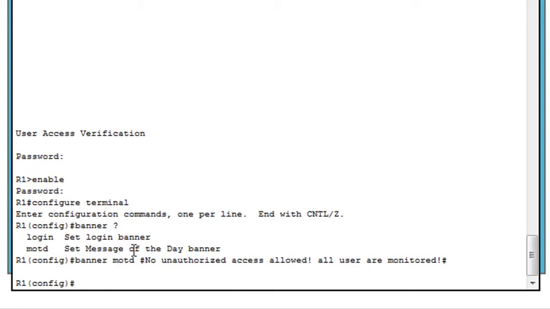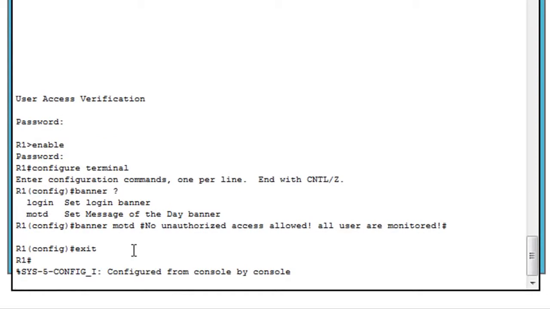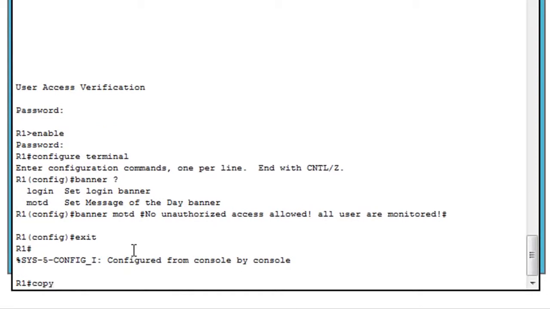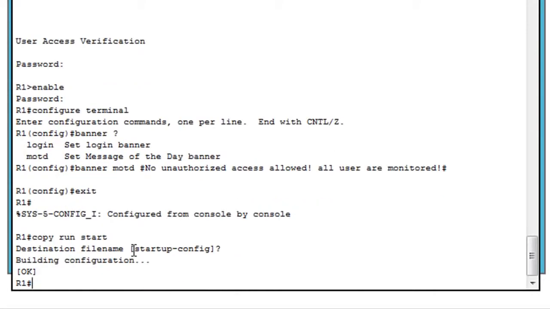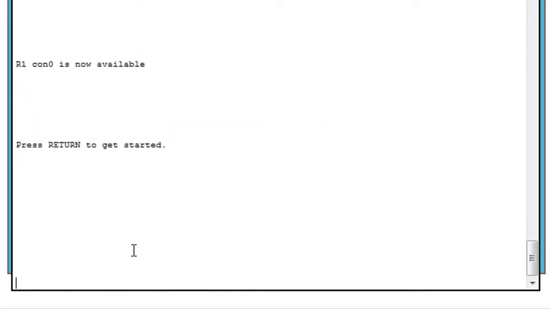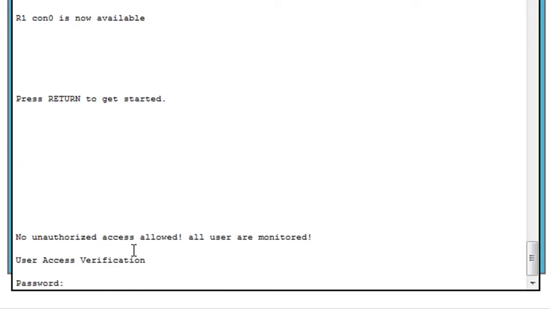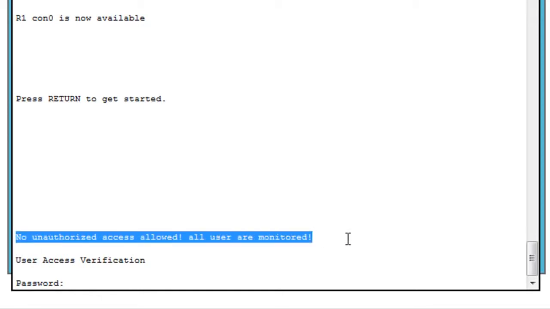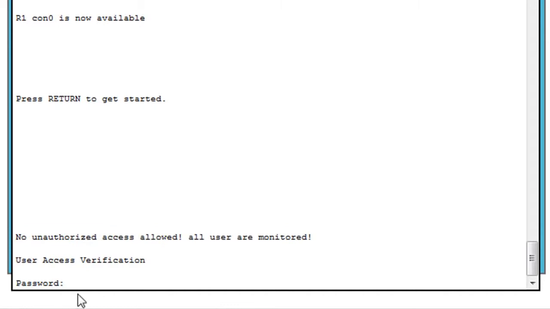So let's go take a look at it. What we'll do is we will exit, and we'll save it. Hit enter again. We'll save that to the configuration file, and then we'll exit again. And now we'll hit return to get started, and you can see right off the top our banner message of the day says no unauthorized access allowed, all users are monitored, prior to login. So this is a warning of sorts for the router. And so it's another aspect to security, and it's recommended